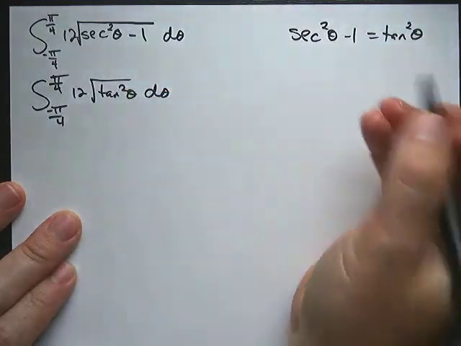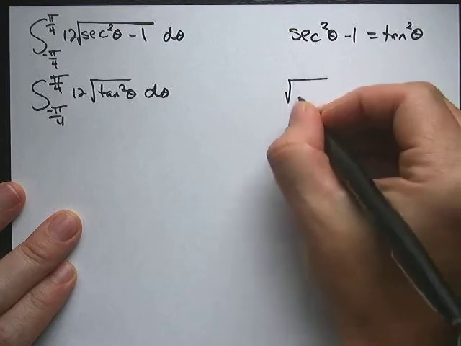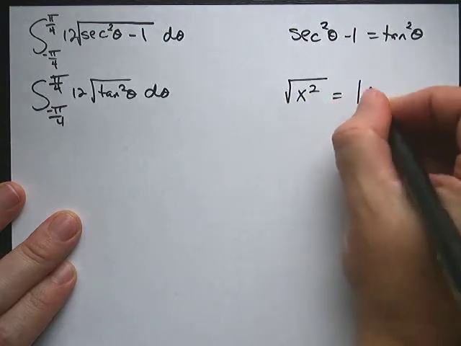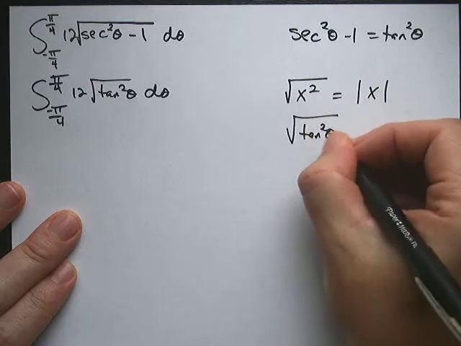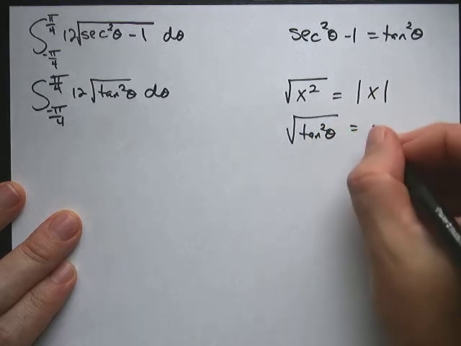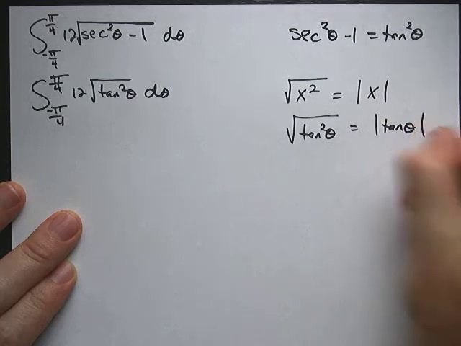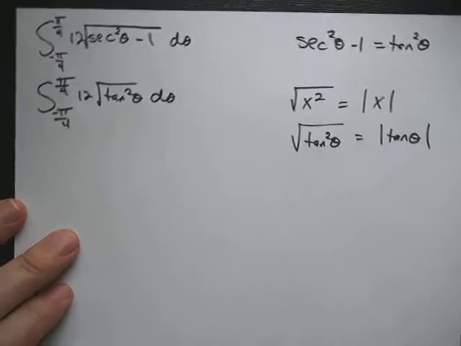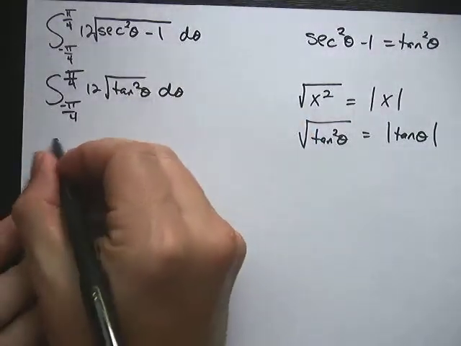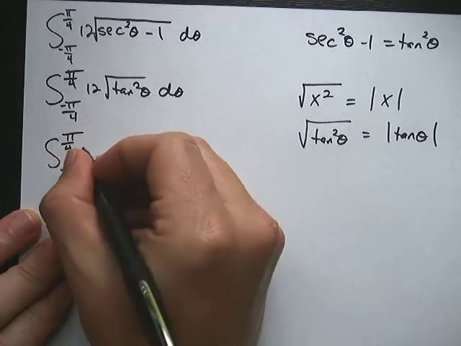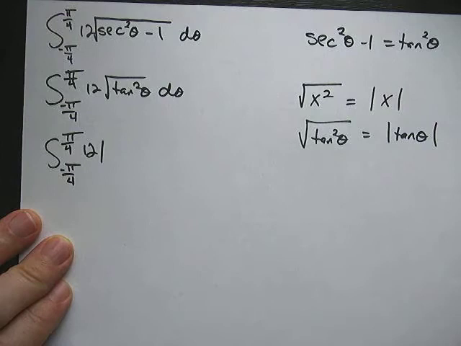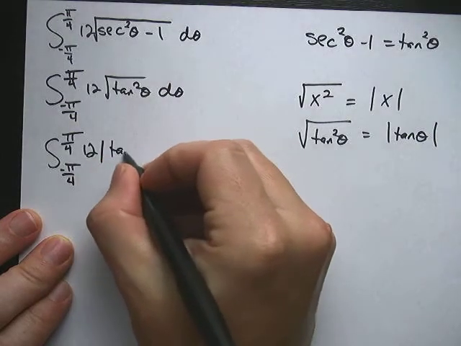Now, they will cancel each other out, but just like this rule that says if you have the square root of x squared, your answer is the absolute value of x, then the square root of tangent squared theta is equal to the absolute value of tangent theta. Okay, so given that, we can reduce this. So it'll become the integral from negative pi over 4 to pi over 4 of 12 times the absolute value of tangent theta